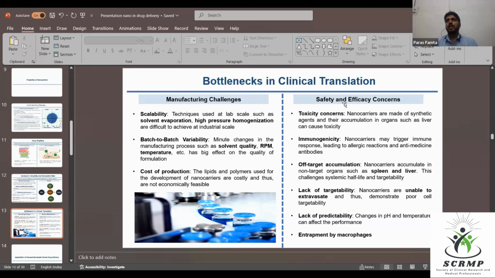And cost of production, like when we make a tablet, the excipients which are used are not very costly. These are economic, means they are very cheap. But the lipids and polymers which are used for the development of nanocarriers are very costly. Like PLGA polymer, which we use to develop PLGA nanoparticles, the cost of 50 mg of PLGA polymer is around 50,000. So it is very costly, and everybody can't